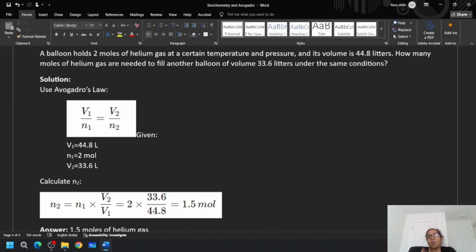Next time again we will be here with mole ratios, molar volumes, and how to calculate the moles. If the mole is given, what is the meaning of mole? All these things we are going to study. So I think this is enough for today.